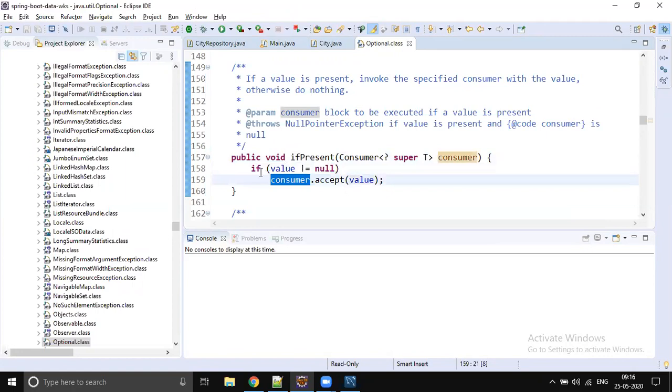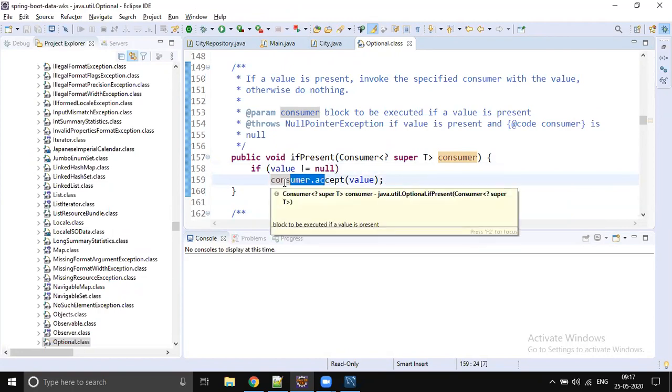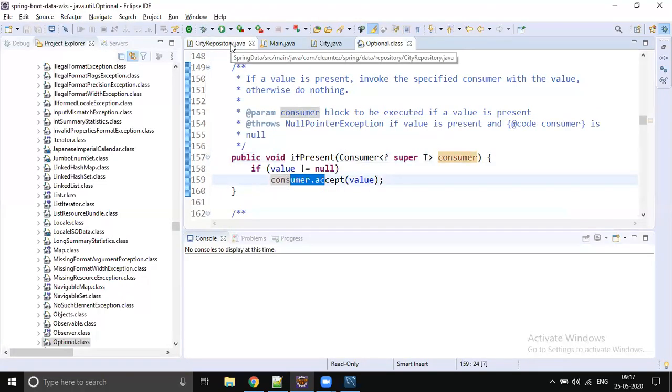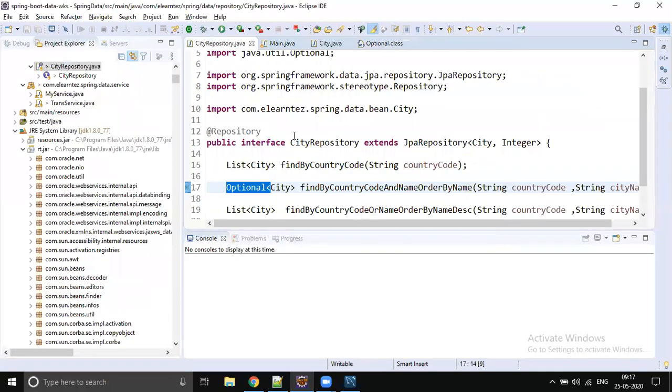So whatever we are doing is taken care of. It's the same thing, but we use a functional model and chaining. Internally, they check that null condition. If it is not null, then only they will process it. If it is null, they don't process.